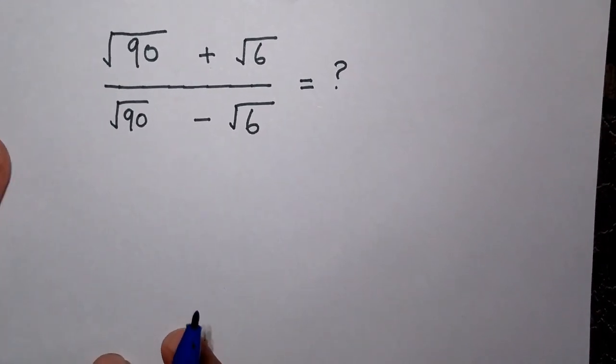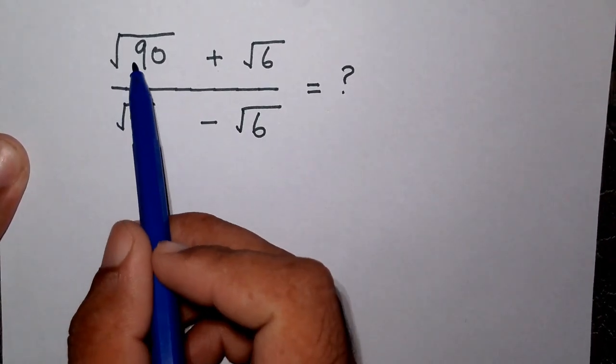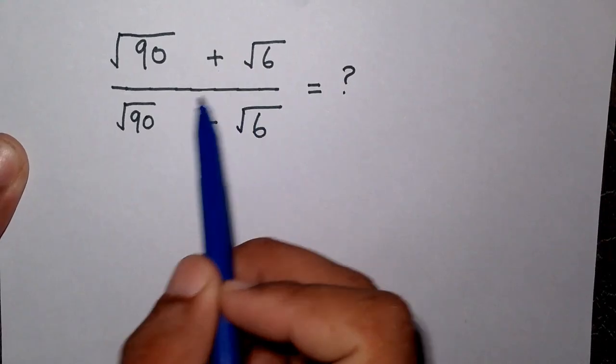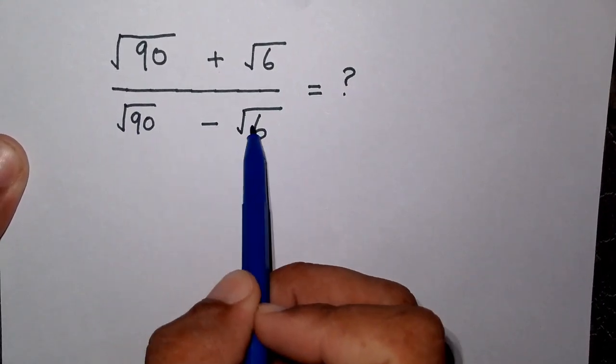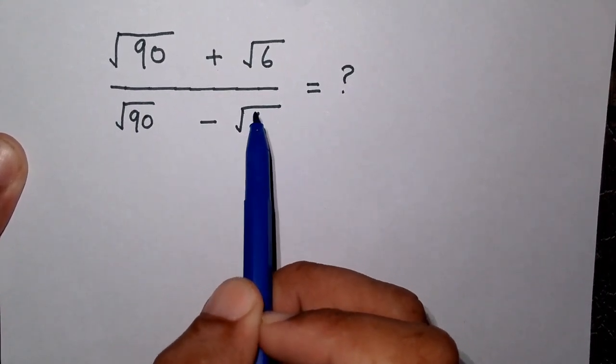Hello, you are welcome. Today we have to solve the most interesting maths question, that is square root of 90 plus square root of 6 over square root of 90 minus square root of 6. We have to simplify this interesting question. So, solution,